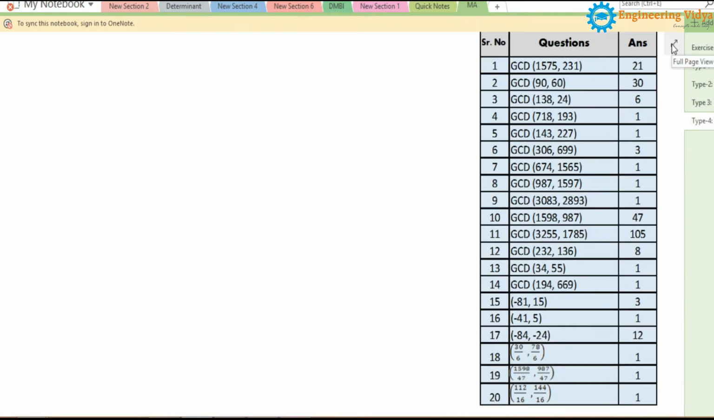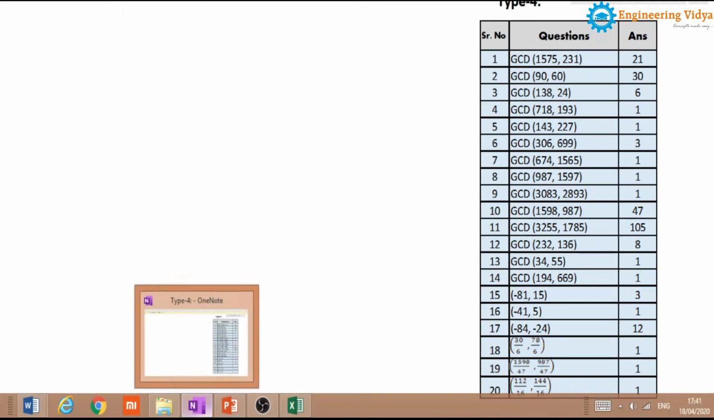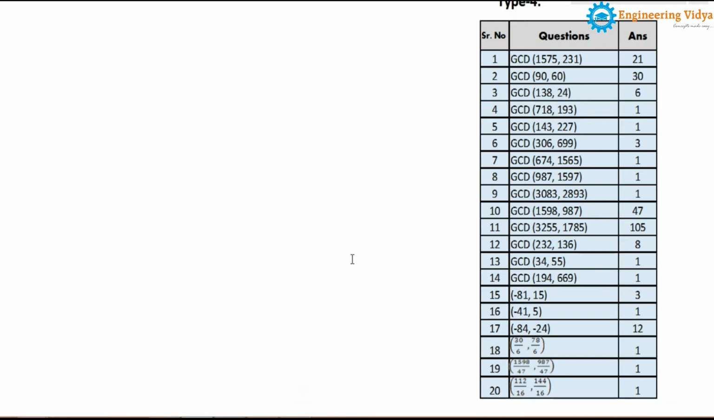To start with the solution, the first problem is 1575 and 231, and we have to find the GCD, but we have to use the Euclidean algorithm. Along with the problem we'll understand the algorithm also. So first of all I'll start with sum number 1. We need to find the GCD of 1575,